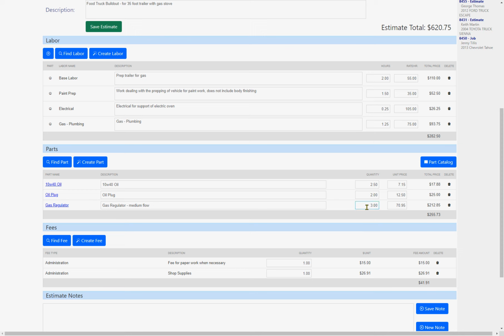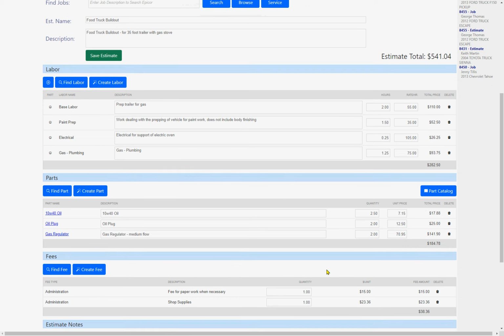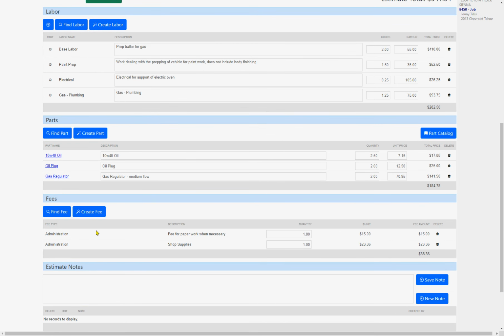But let's go ahead and back that down to just 2. And we'll watch this, and it'll come back down from $26.91, and that's going to come back down to, what do we got? Okay, it came back down to $23.36. Okay, so those are fees. Of course, you can add new fees or create new fees, just the same way you did your